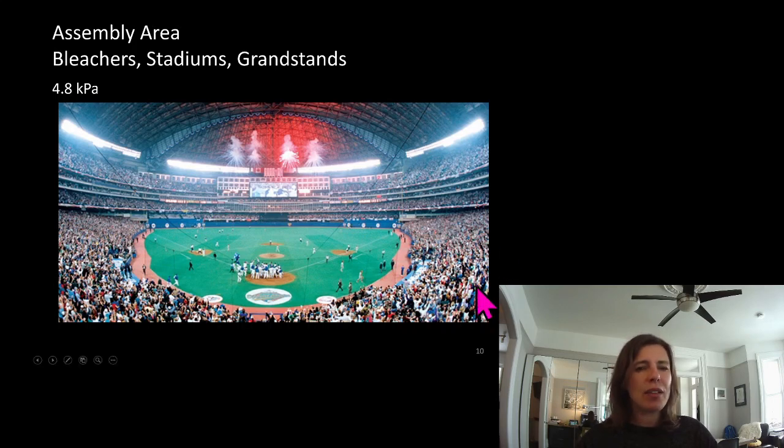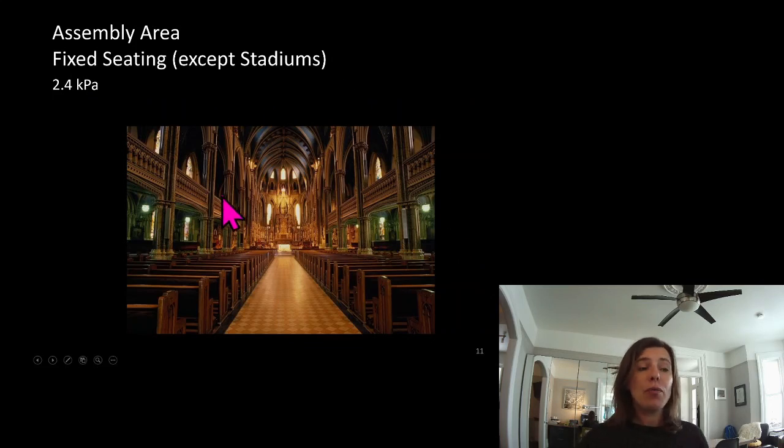People will stand on seats and jump around and cram into spots. So fixed seating applies really well for churches and schools, theaters, but stadiums, nuh-uh. People get crazy in stadiums. So for there, they say it doesn't matter if there's fixed seats. People are going to climb on everything. We're still going to use 4.8